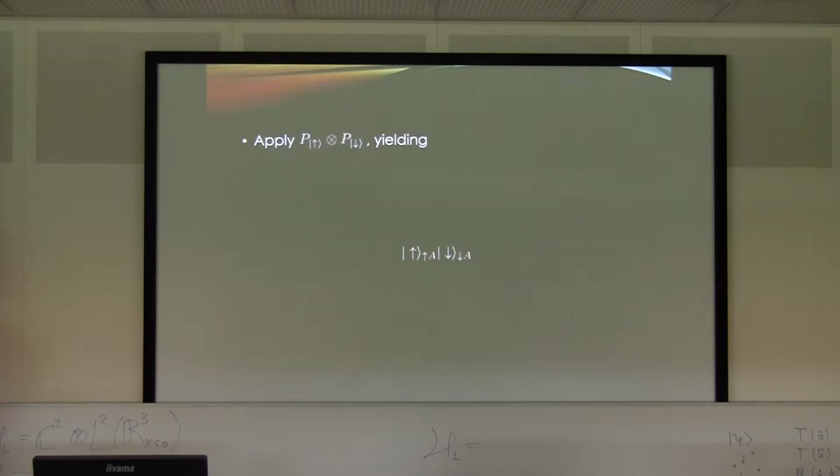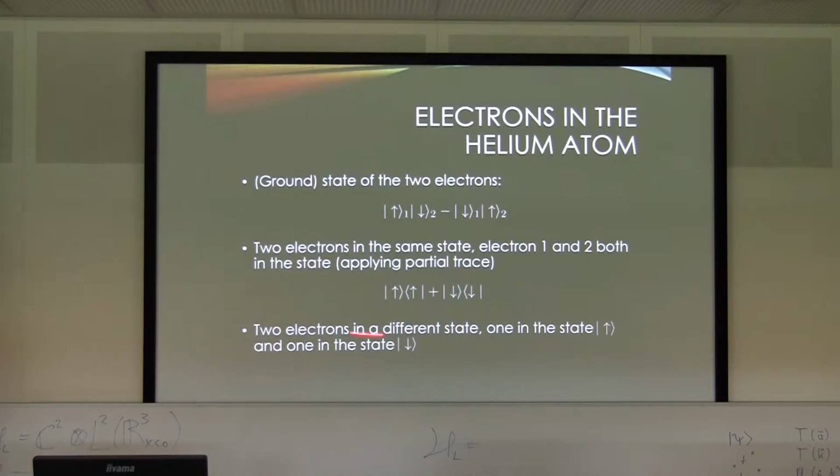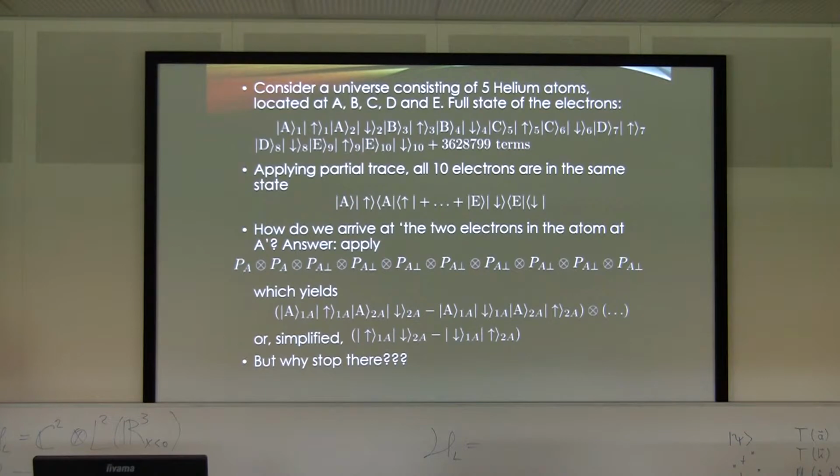So if we again, like we did here, ask what is the state of individual electrons, if you just take partial traces of electron 1, 2, 3, 4, 5, 6, 7, 8, 9, 10, then your result will be that all 10 electrons will be represented by the same density operator, which is a mixture of being at A having spin up, being at A having spin down. So these are 10 terms total. But this is not what we usually want to do, I think.